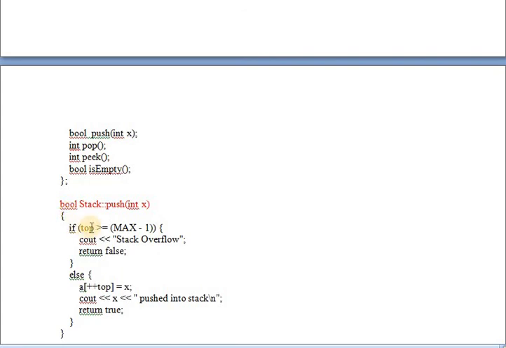If top is greater than or equal to max minus 1, then stack overflow, return false. Else you add the element that is pushed into the stack. If the stack is full, you call it overflow. Else you can insert the element into the stack. This else part is closed, and this function is closed with the curly braces here.